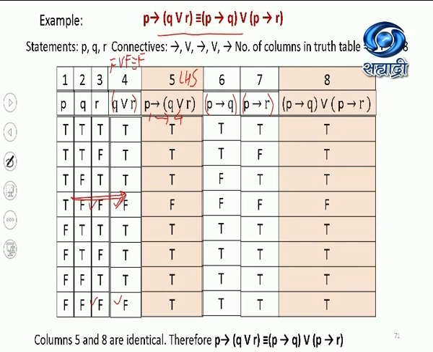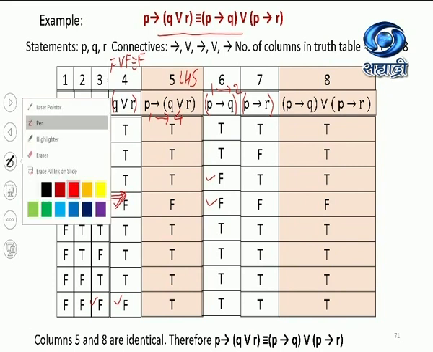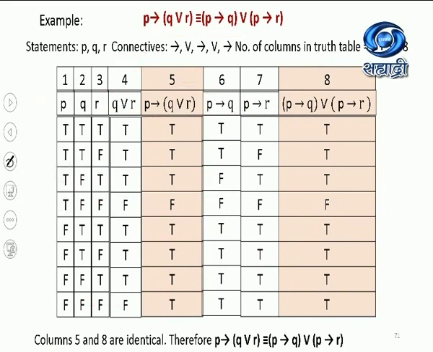But I'll explain it to you. For column 6, P implies Q means what? I have to take 1 implies 2. And what do I have to use? T implies F. Where is my T implies F? Yes, T implies F is F. Again, T implies F is F. Nowhere else do we have T implies F in column 1 and 2. So all the entries in column 6 are T except these two F's. Now I'll erase everything, it's looking very clumsy, and I write the values for column 7.